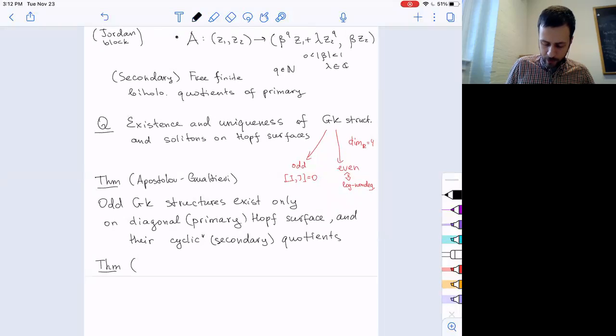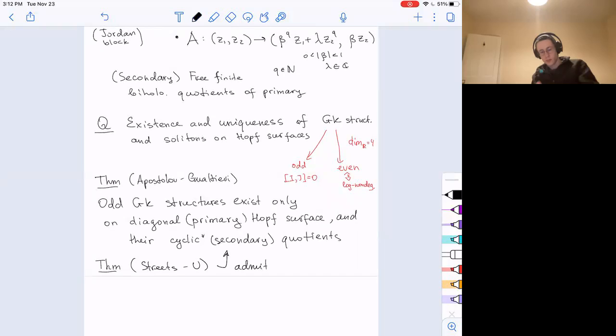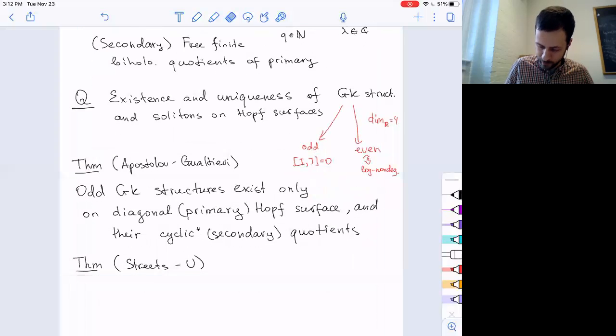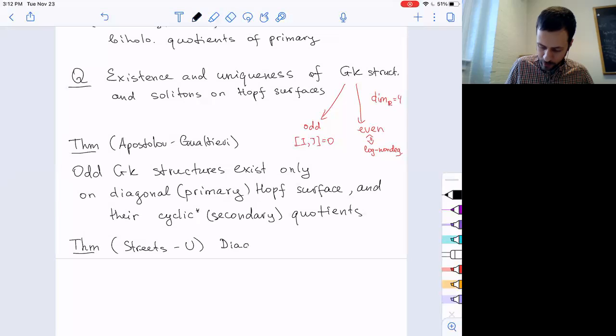And in our paper with Vesti, with Jeff, we proved that these admit. Okay, maybe that's not exactly what we proved. Let me write specifically what we will prove: that a diagonal Hopf surface, which maybe I call M, I,